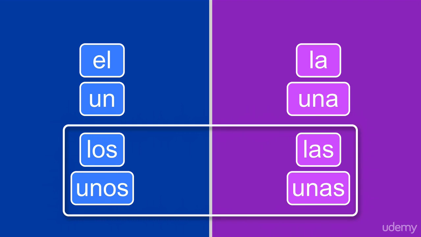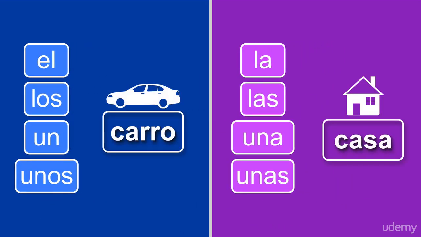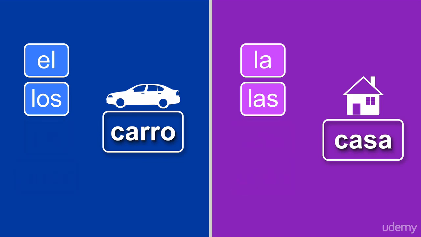Notice that all the articles that are used for plural words end with the letter S. As we mentioned before, the articles are placed before things, places, or people. In this example, let's see how they translate to English, so we can have a better idea of what they are. These four articles translate to